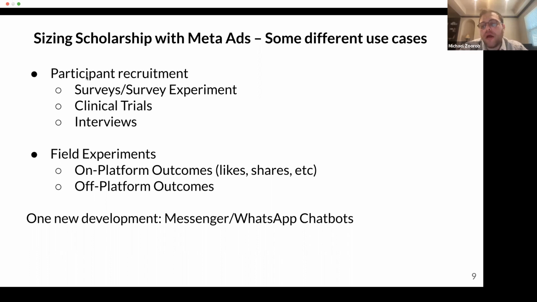I can think of one using WhatsApp to study misinformation in Zimbabwe, exposing people to true information about COVID and seeing whether it changes their attitudes, that uses click-to-Messenger ads and WhatsApp chatbots. But this is definitely a new stream of research we're starting to see.